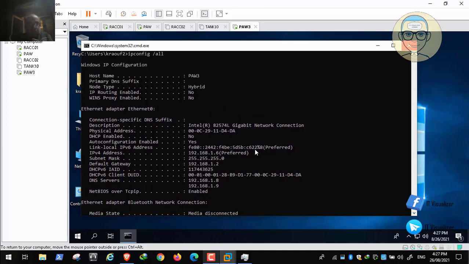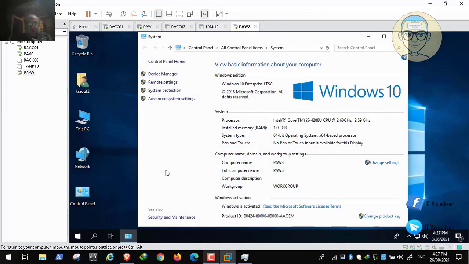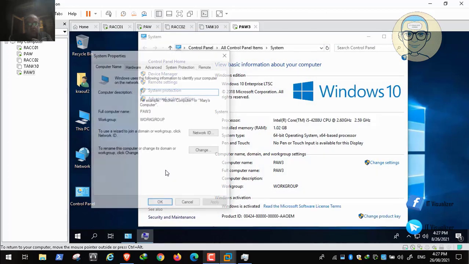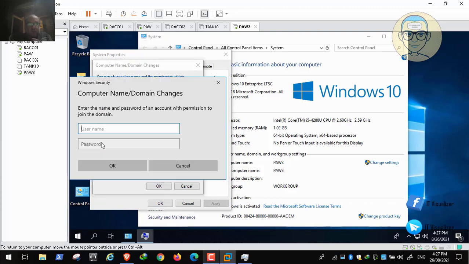We need to join this machine to the domain. So we'll right click and then properties, and then we need to change settings and then change, and then tell it to join the domain. So we'll tell it red alert, and then we need to provide a user that has the privilege to join machines to the domain, which is the domain admin. Now this is SCADA off, and then we will join this machine to the domain,